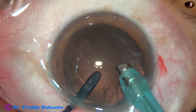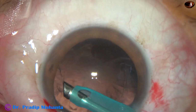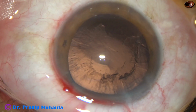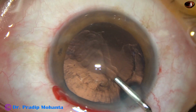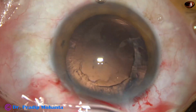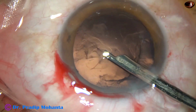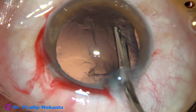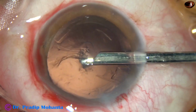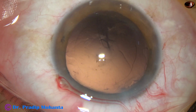And in this case, I attempted to remove some cortex by the phaco needle itself, but I was too scared to do it. So I inject visco again and use a 23 gauge Simcoe cannula to remove the cortex. Yes, the cortical matter is coming out very easily. Yes, the cortex is removed, and now